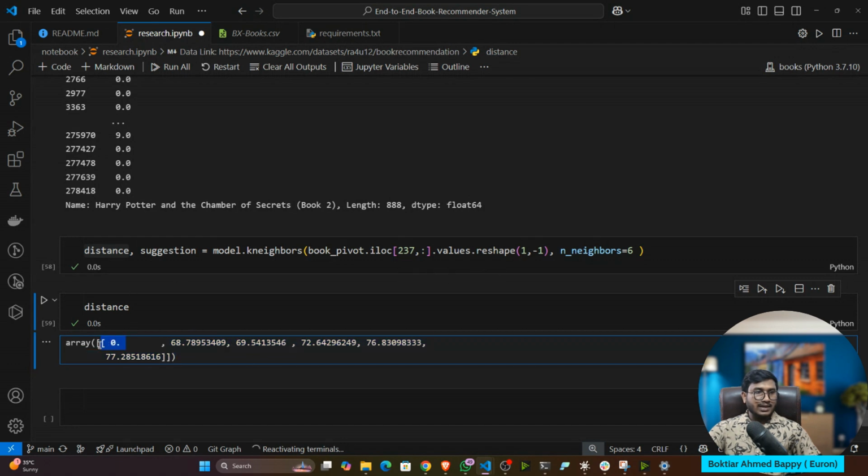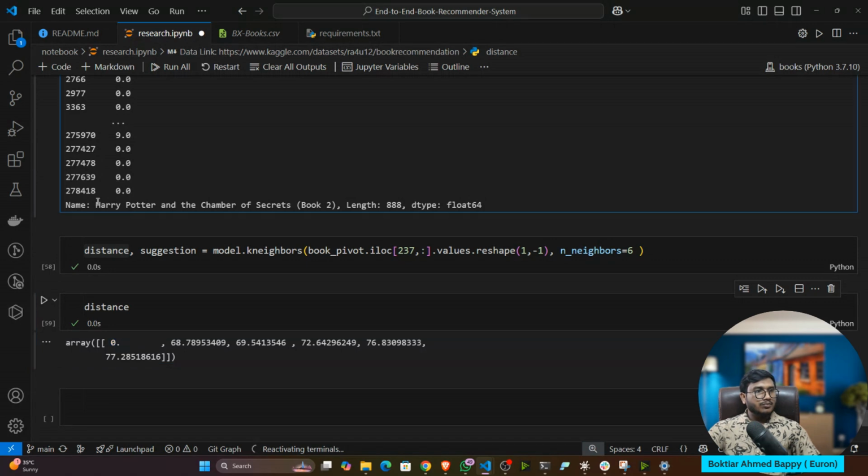Why is it 0, guys? Can you tell me why the first one is 0? 1 2 3 4 5 6. Why does the first book have 0 distance? Can anybody tell me? The book itself.